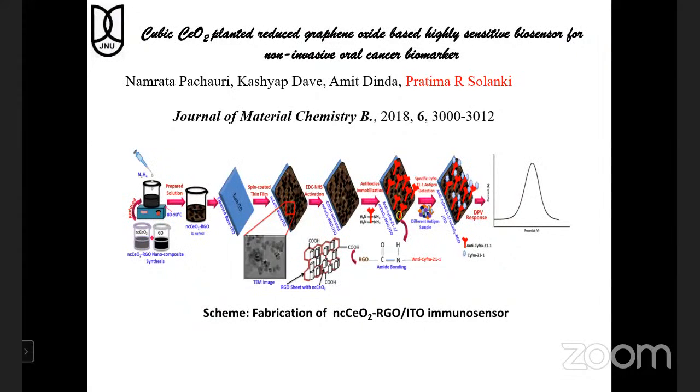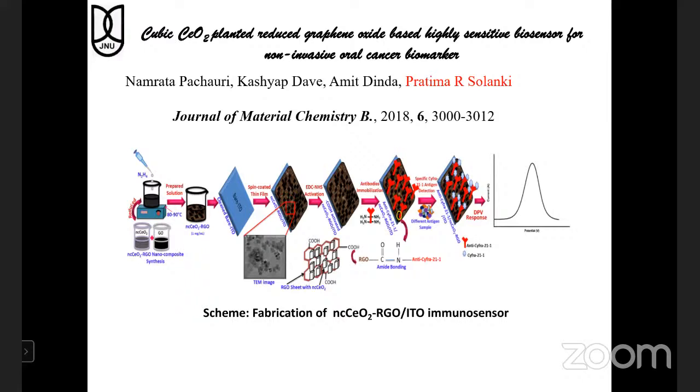Second, to improve the sensitivity, we again used cerium oxide and RGO based electrodes. This scheme shows how we fabricated the cerium oxide nanoparticles, where the graphene oxide is reduced in situ during the synthesis of cerium oxide. Nanocubes are formed here. We first synthesize them, and then, instead of EPD, we used spin coating to prepare a thin film on the ITO surface. Then the same antibodies were immobilized, and the response was studied using